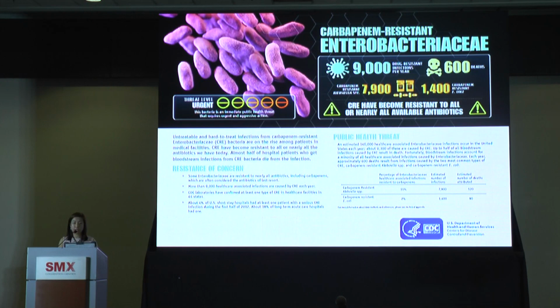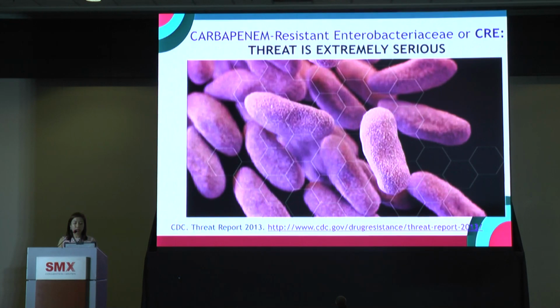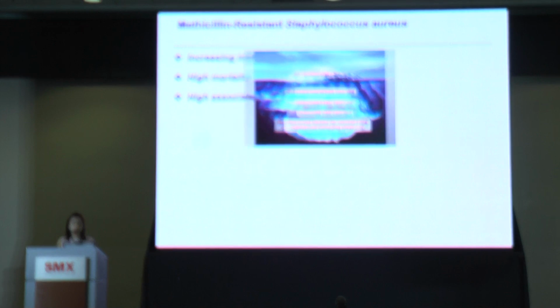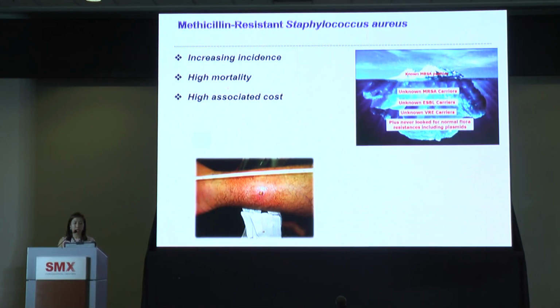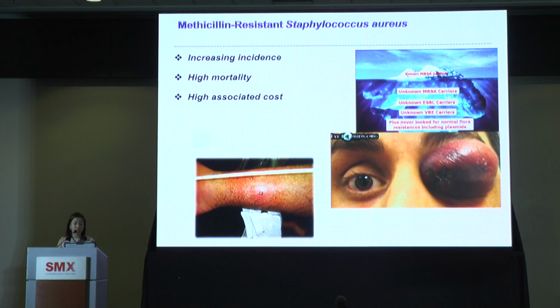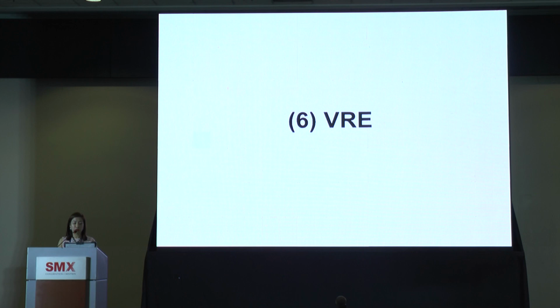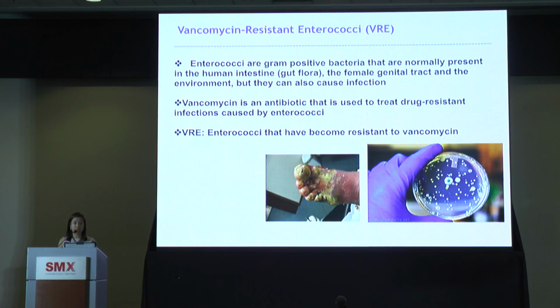Carbapenem-resistant Enterobacteriaceae, or CRE, the threat here is extremely serious, and of all the four, this requires the most urgent concern. Other MDROs, you also have your methicillin-resistant Staph aureus. We have an increasing incidence now of MRSA associated also with high mortality and high associated cost. And then VRE, or your vancomycin-resistant enterococci. These are gram-positive organisms that have become resistant to what is supposed to be a drug of choice,